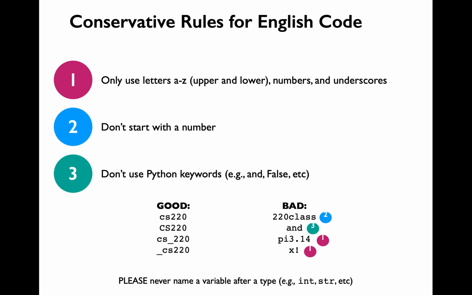How can you find out whether a particular name has a special meaning? You can open Jupyter Notebook and type in a word. If the color of the word changes to green, then you should stay away from using that word as a variable name because it has some special meaning in Python.